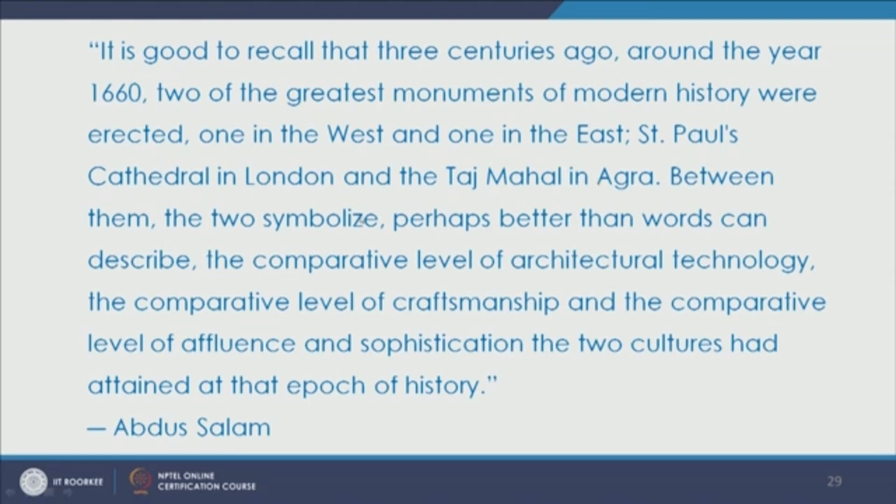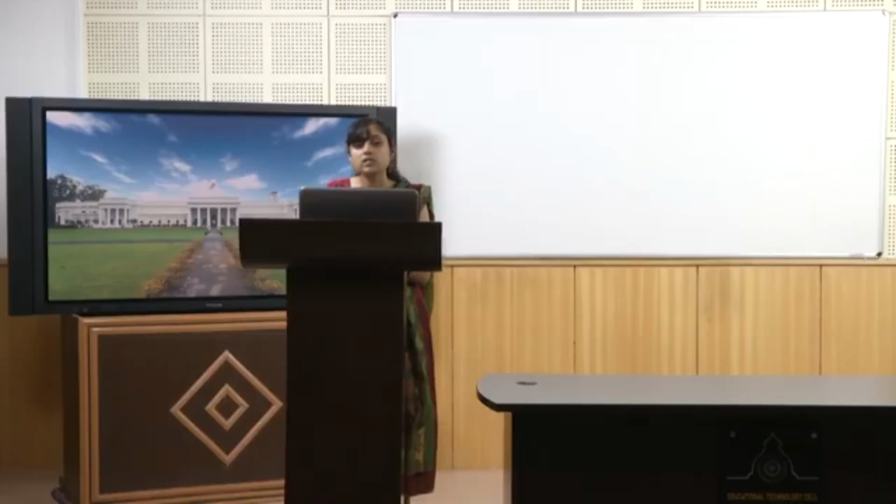Between them, the two symbolize, perhaps better than words can describe, the comparative level of architectural technology, the comparative level of craftsmanship, and the comparative level of affluence and sophistication the two cultures had attained at the epoch of history. So this clearly explains how these crafts carry the narratives, they talk about a certain era, and they also talk about achievements and significance of,